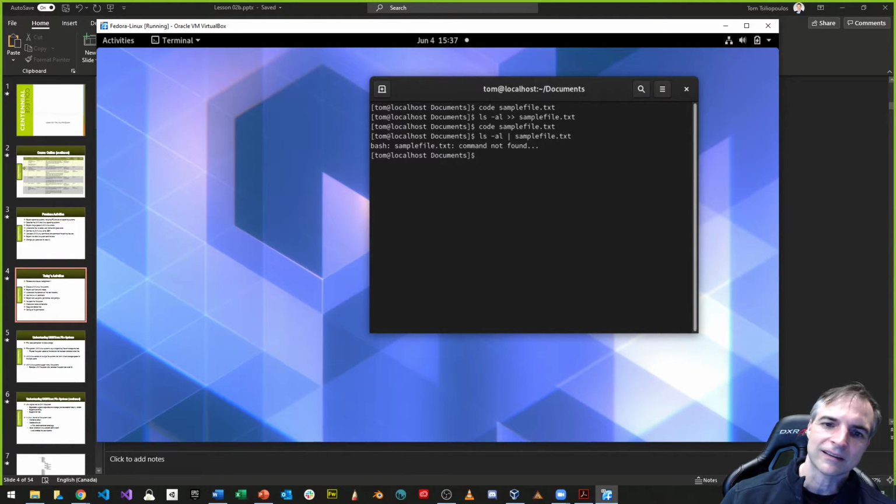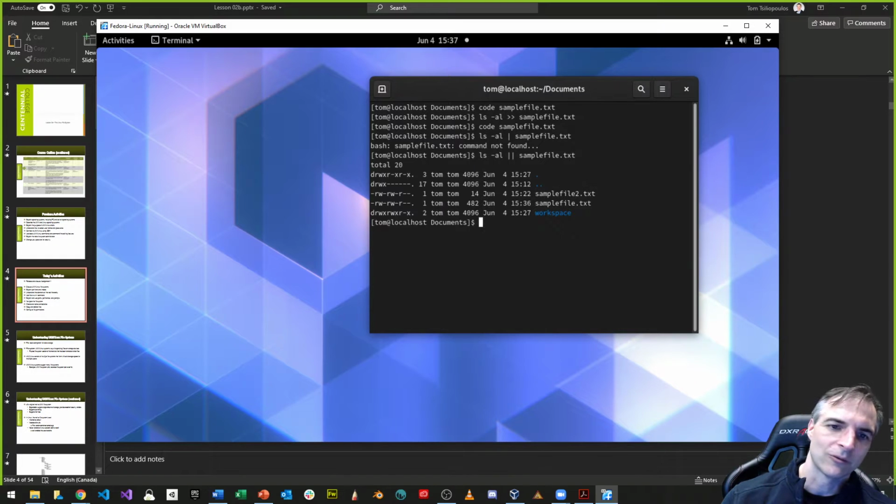And you're going to see that in this version of Linux, that pipe character that I'm so used to using doesn't do anything. All right. Even the double pipe, if I change this to the double pipe and into sample file.txt, that's not going to work the same way at all. It actually is just going to ignore the double pipe. What it actually does is it ignores the previous thing and just gives me your listing,